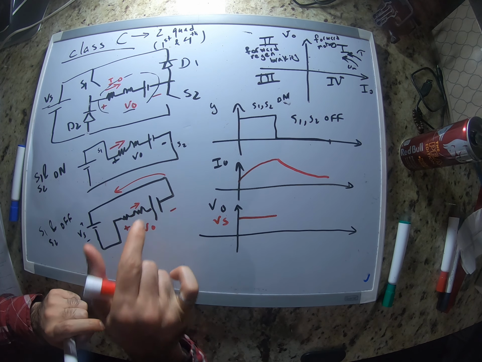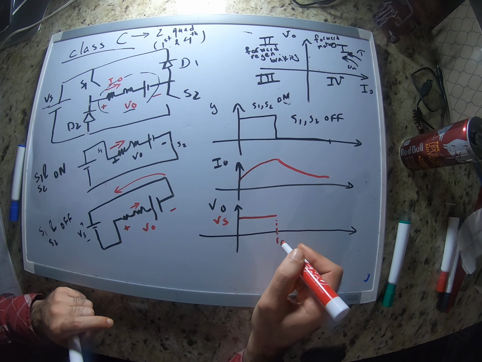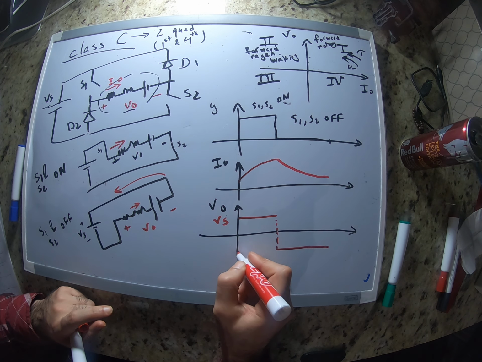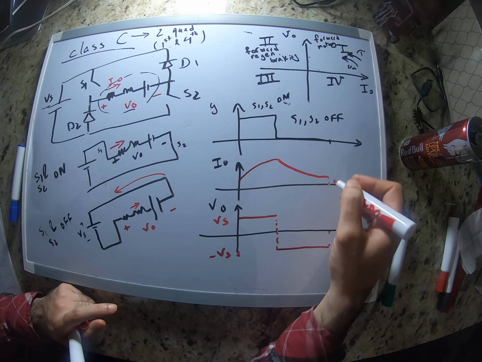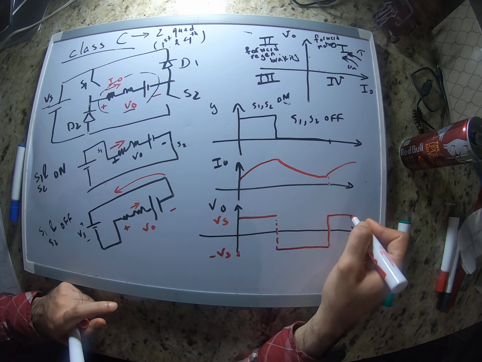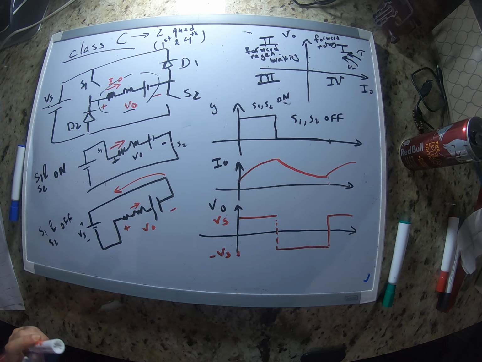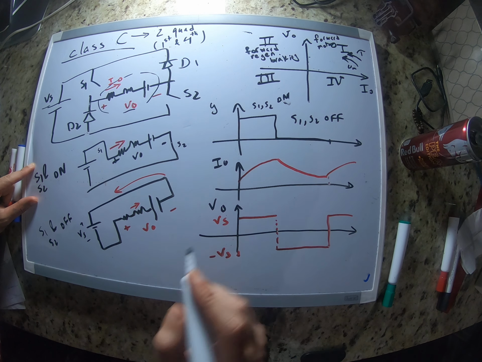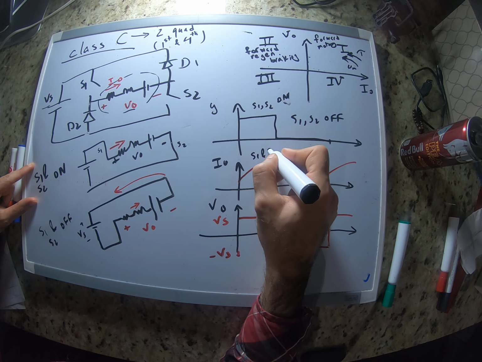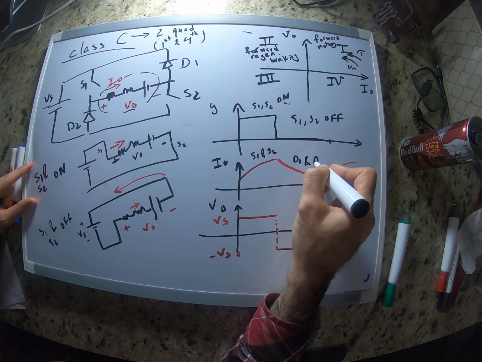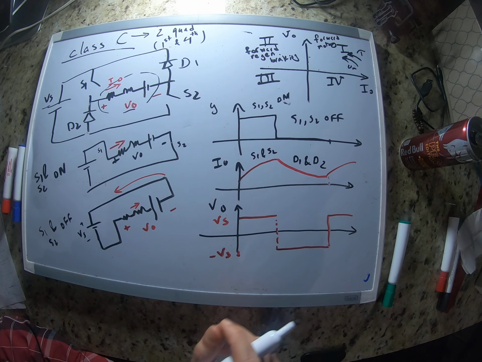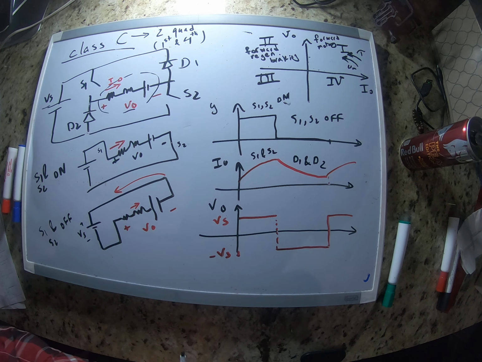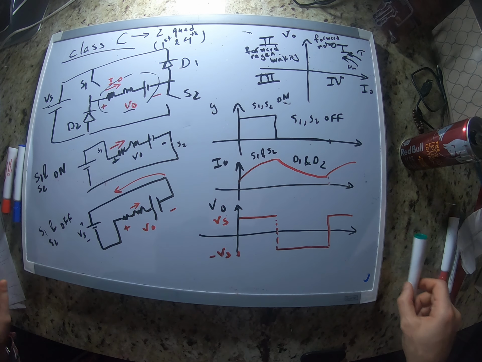And what is the output voltage? It becomes negative Vs. Okay, and this will continue from this point on. Okay, so when S1 and S2 are conducting, so here S1 and S2 are conducting, and here D1 and D2 are conducting. Okay, so when that's the case, this is basically what's going to happen to our waveforms, and you can see that